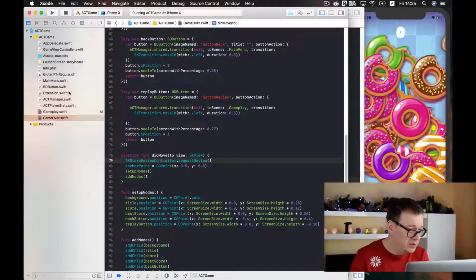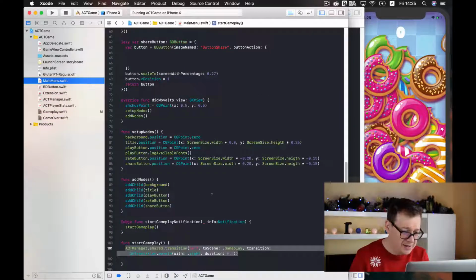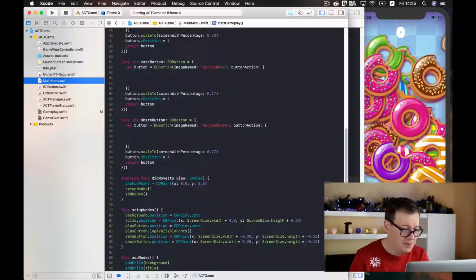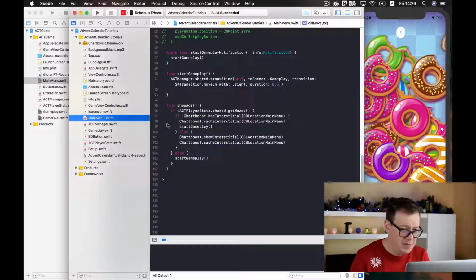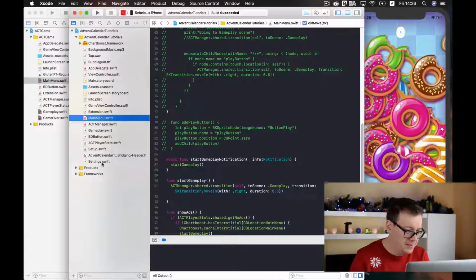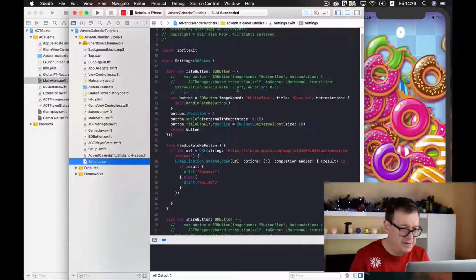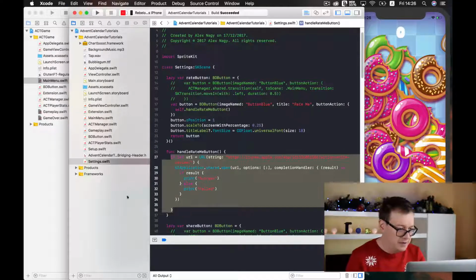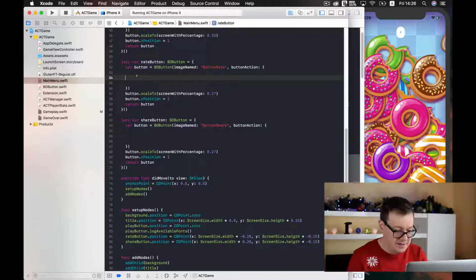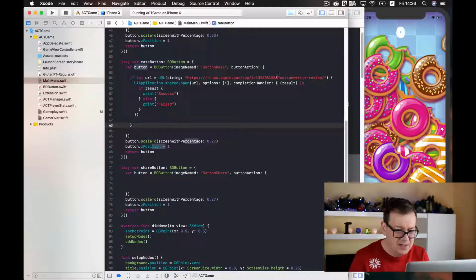And now we want to go to the main menu and add the logic for our, not the share button, the rate button here. And then we just simply go over to our main menu here. Well, the settings, I believe, and here we have our self-handle rate button, but I will just simply copy out all of this. Okay, copy and paste it inside here, and here we have our ID. The ID will be different this time, so I'll just type in here